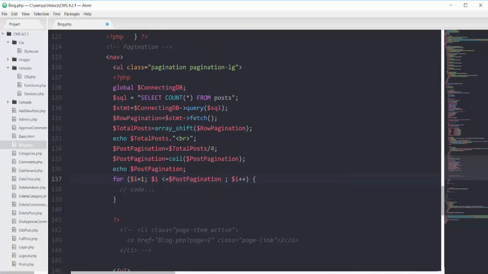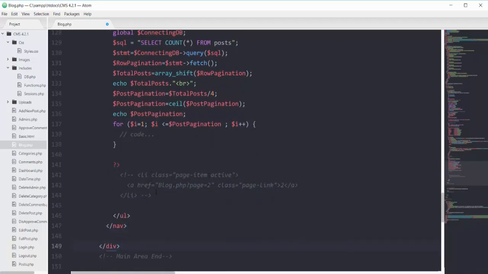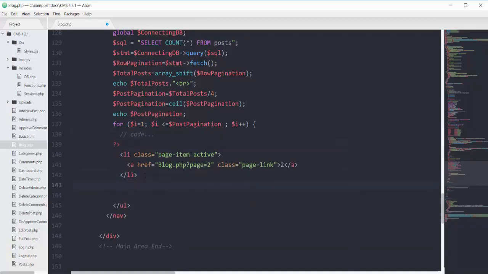Then on the next line, I will add this commented li tag. So uncommenting this one and removing the ending of for loop from here and putting it here in a PHP scope. So what I'm doing here, I'm making links according to our ceiling. So I have to add the dynamic value here. So adding PHP scope and echo this i variable.